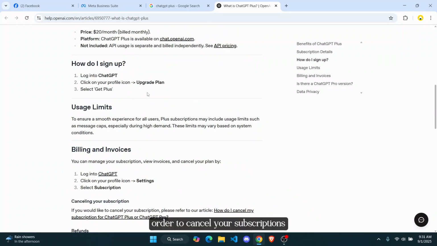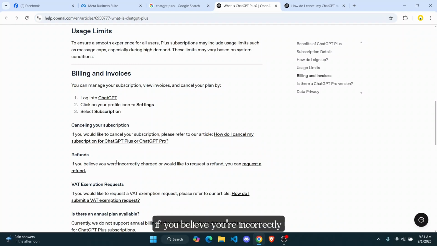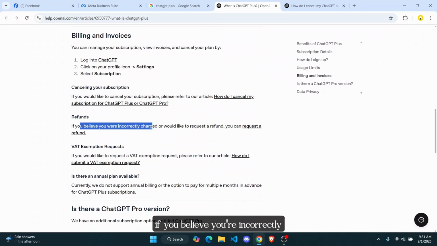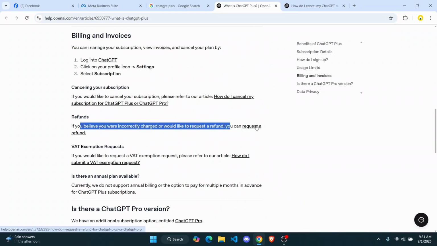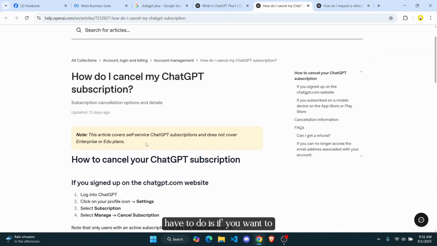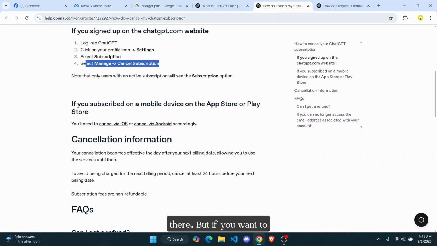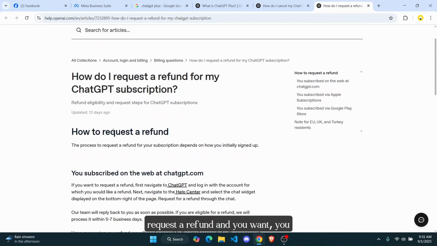Now, in order to cancel your subscriptions, as you can see, if you head over to this link by ChatGPT or OpenAI itself, if you believe you were incorrectly charged or would like a refund, you can request a refund from here. So if you want to cancel your subscription, you can log into your ChatGPT, click on the profile icon on the settings, select subscription, and then manage subscription, and cancel your subscription from there. But if you want to request a refund